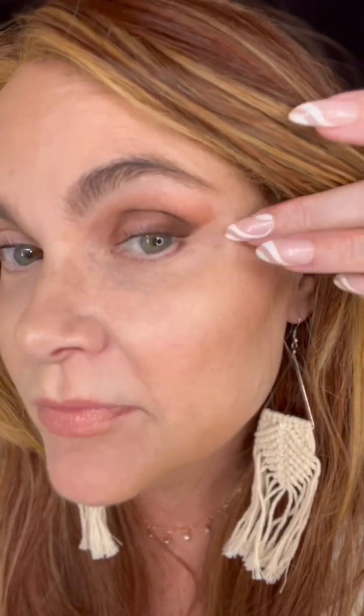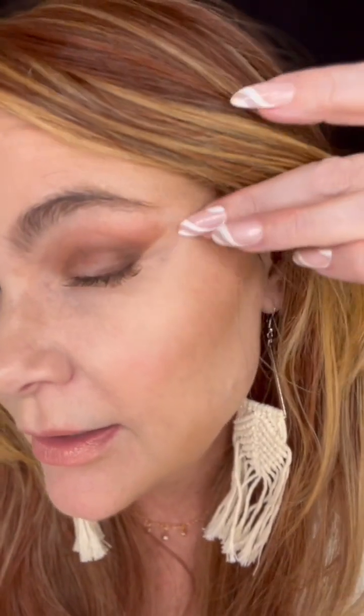I took off some of my makeup holding it there. But look, isn't that pretty? Let me go back and touch this up. I'll be right back. Okay, so I touched that up. So it gave me this nice clean angle there, which pulls up the eye, and it was so easy to